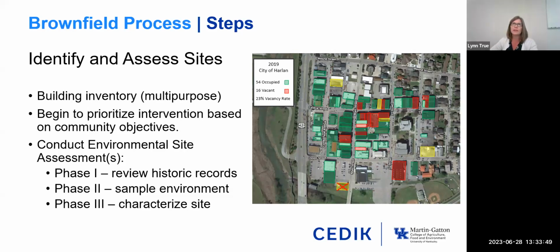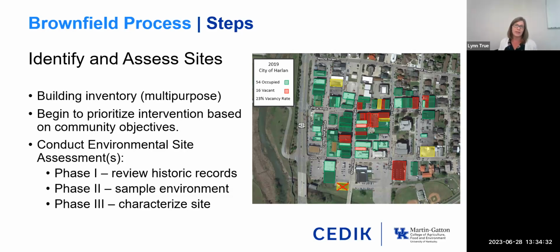Once an assessment is completed for phase 1, a report will be written to the effect of what the findings are. If phase 1 findings reveal that there is potential contamination, for example, in the 1950s, there was known to be a gas station or a service station located in that area, then that would be an indication that there might be some petroleum contamination. And if that's the case, then further investigation will be needed, and that will go into the phase 2, which will require sampling.